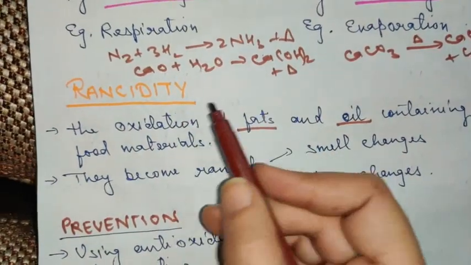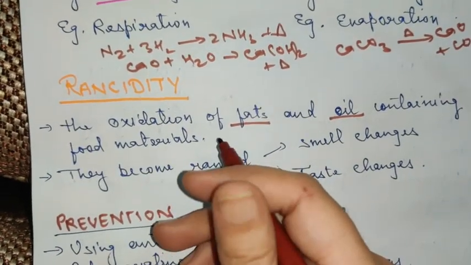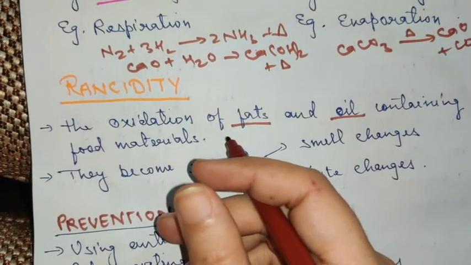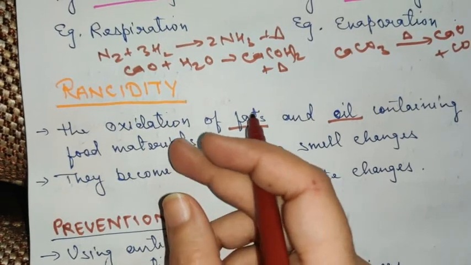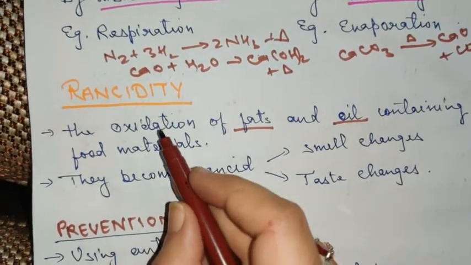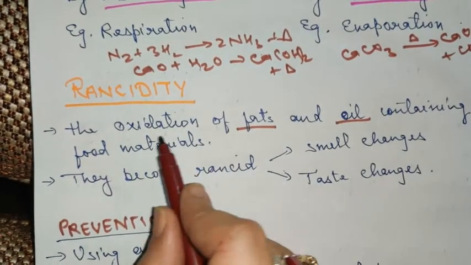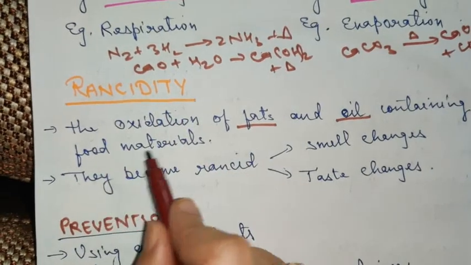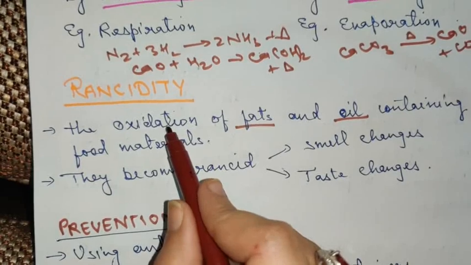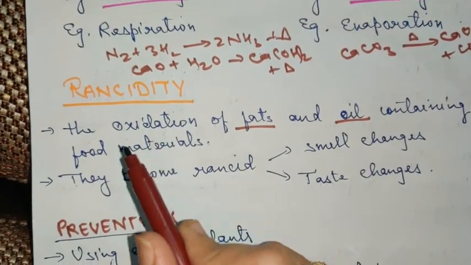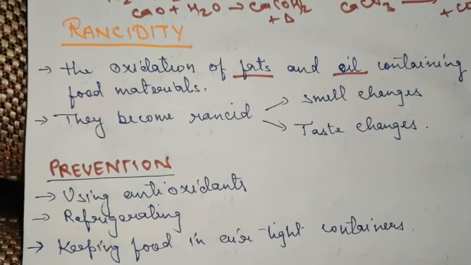Now one method you can think of on your own also. The one common method which we use at home is refrigeration. By keeping the food in the refrigerator, that is by preserving the food at low temperature, we prevent the action of oxygen and the microbial growth, and hence the food will not turn rancid. Basically, oxygen provides an atmosphere for the microbes to grow. So an atmosphere which does not have oxygen will prevent the growth of microbes. Another method can be keeping the food in an airtight container.